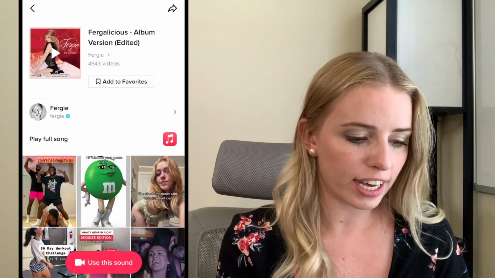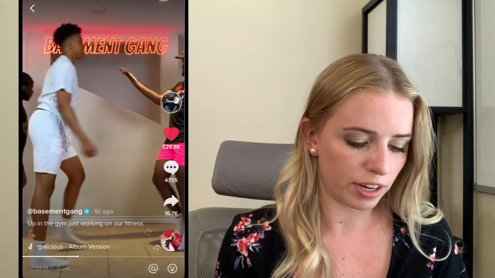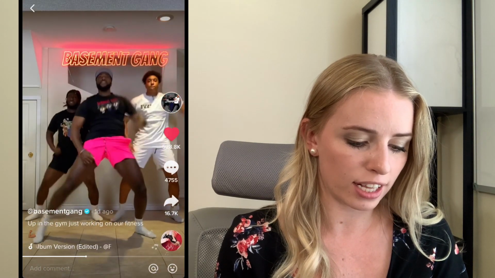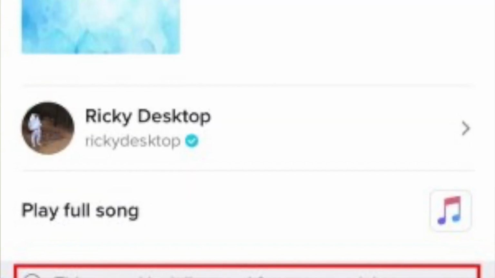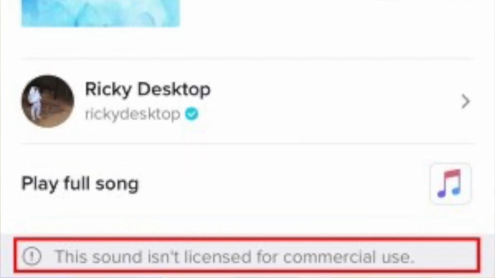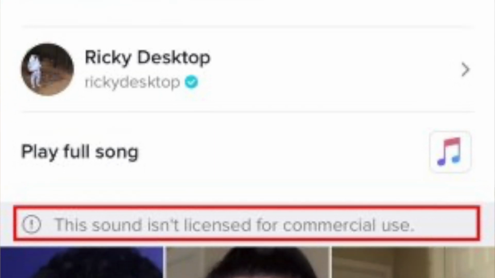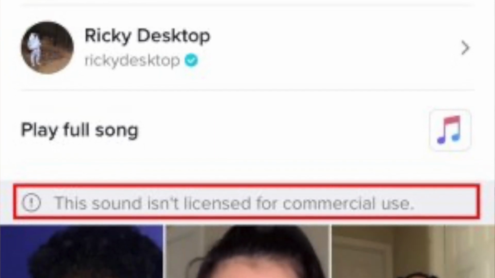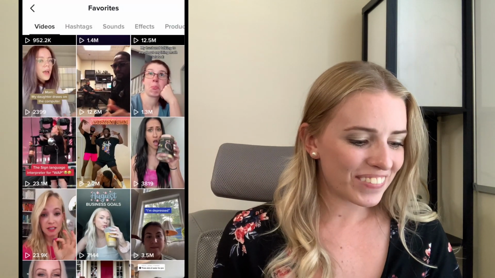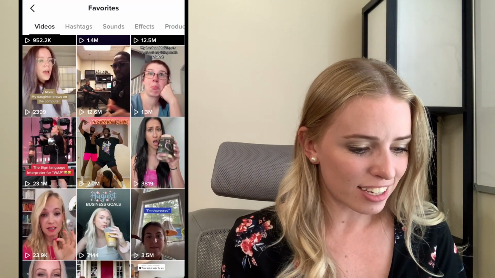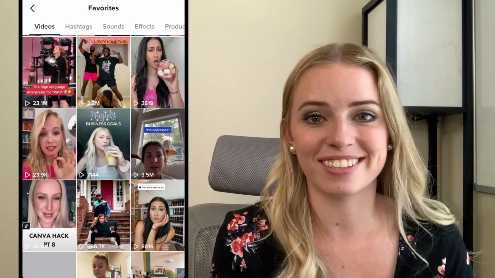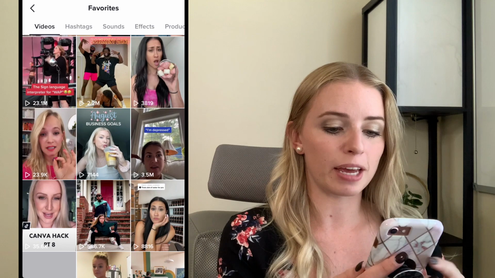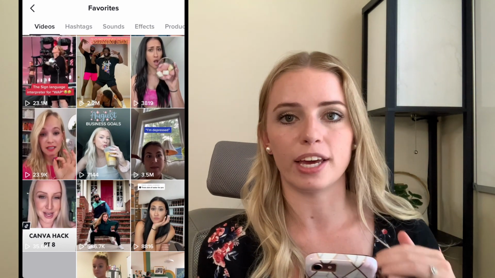So beforehand, if I clicked on this little circle down here in the bottom right, that's where you can go ahead and click to use sounds from other TikToks that you see. And right here underneath where it says Fergie, it says cannot use this sound, it's copyrighted. But I can go ahead and use that music. Oh my goodness, that is so exciting. So like beforehand, if I had wanted to use the song Fergalicious on my TikToks, I wouldn't have been able to because of me being on the business account.